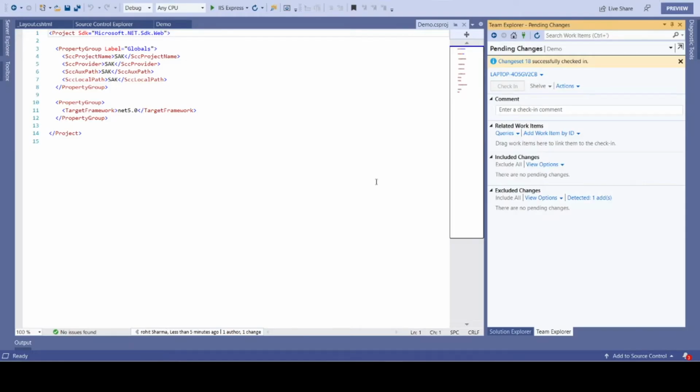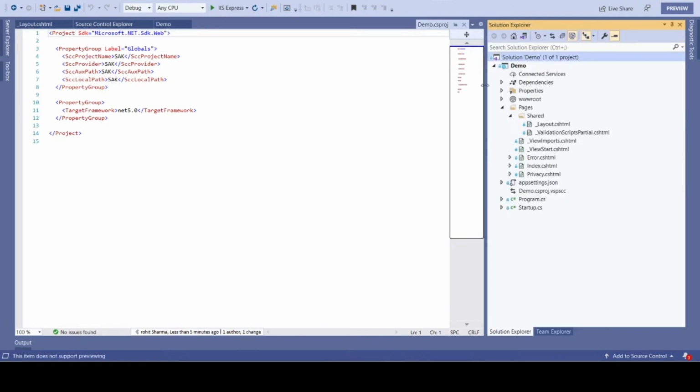Good. So what next I'll do here is, most of the time what happens is we are not the only ones working on one project. So there are other members also, and they also check in their code. And what happens is we should take the latest, so that there are minimal chances we'll come into a situation where any conflicts occur.